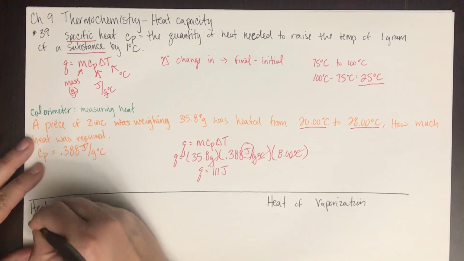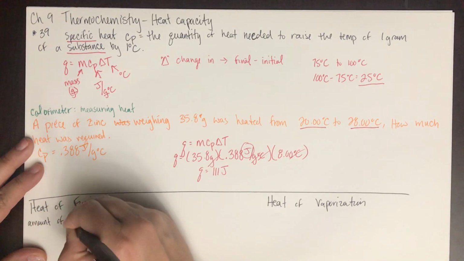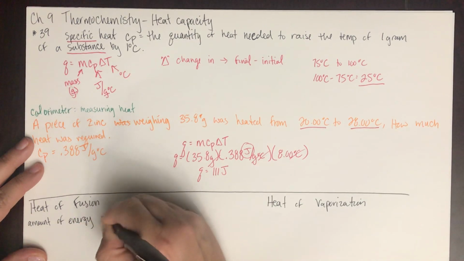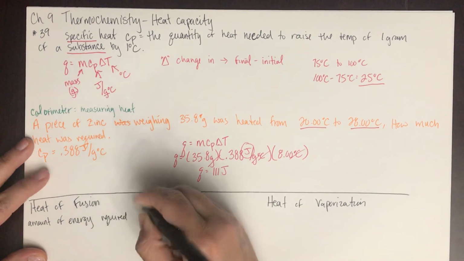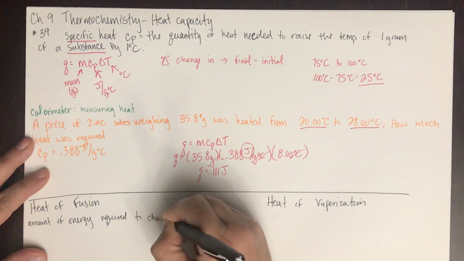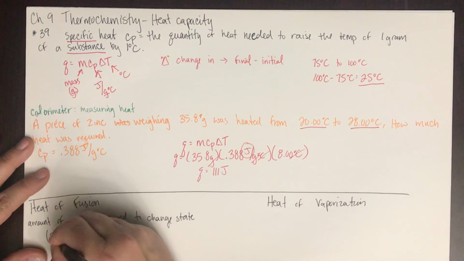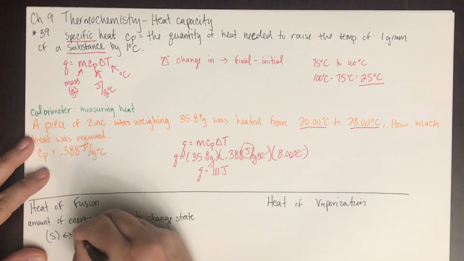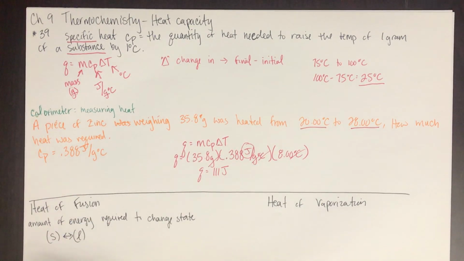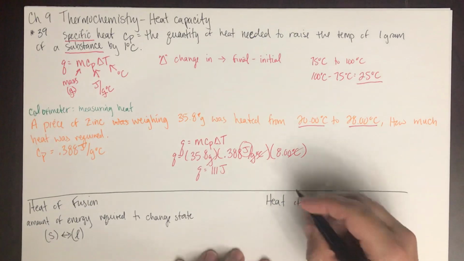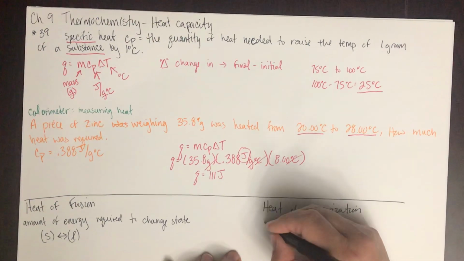This is the amount of energy required to change state between a solid and a liquid. You could go either from a solid to a liquid or from a liquid to a solid. It would just depend which way you were going for the sign to be positive or negative. The heat of vaporization is the amount of energy